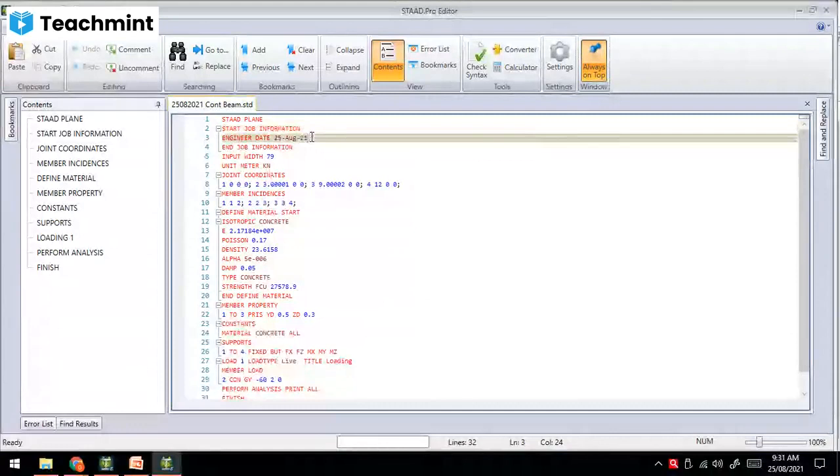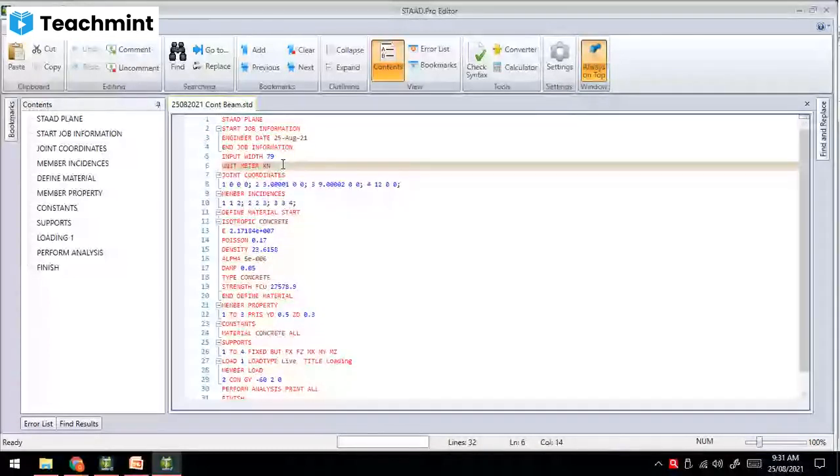We will do one simple numerical in the STAAD editor file also. Whether it is taken or not, I don't know. Okay, we will take it after that. So in the STAAD editor file, you can check what we have assigned, all the things that you can assign on the screen of STAAD Pro. That is all. It is visible here.